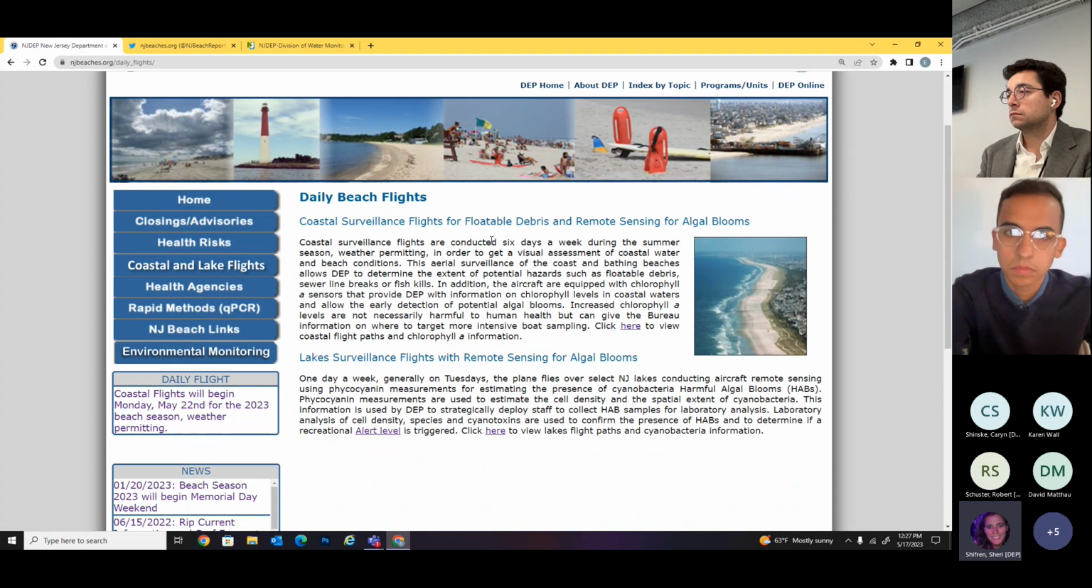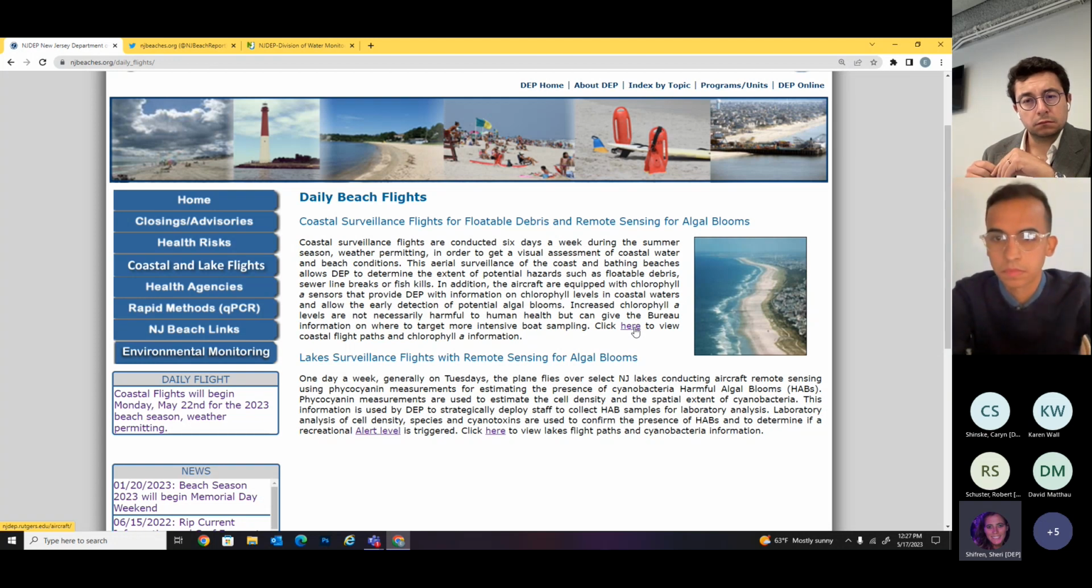For our coastal and lakes flights, again, this isn't new for this year, but we started flying over the lakes in 2019 in response to harmful algal blooms. And what I failed to mention with this remote sensing data is that it's giving an estimate of if we think that the chlorophyll A is high or the cyanobacteria is high, we'll be able to strategically deploy boat staff, boat captains to go out and get a water quality sample, bring it back to the lab under the microscope and be able to identify the species and quantify to decide if it is a harmful